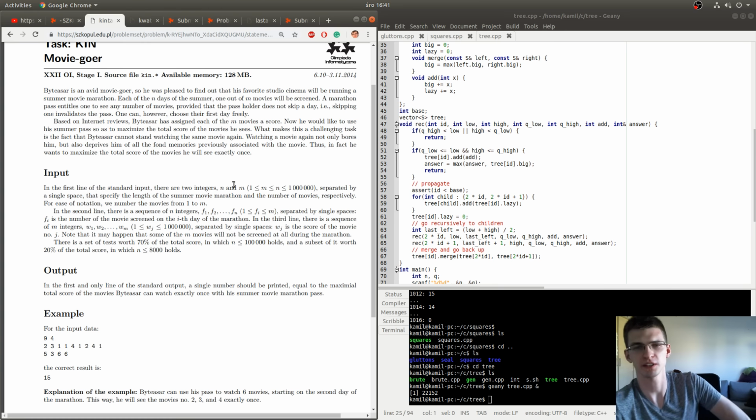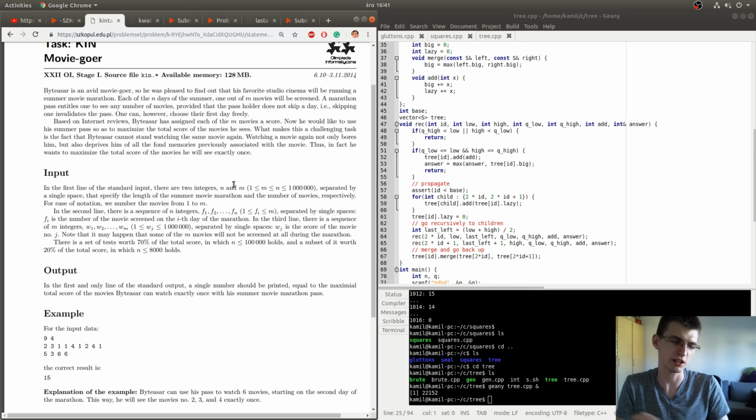The problem is quite simple to state. We are given a sequence of numbers. Let's say every number is between 1 and n, the size of the sequence. And we should choose some interval. And in that interval, we only care about numbers that appear exactly once.